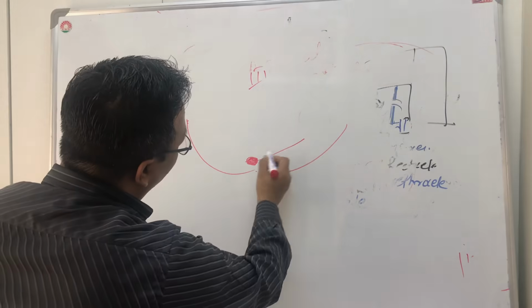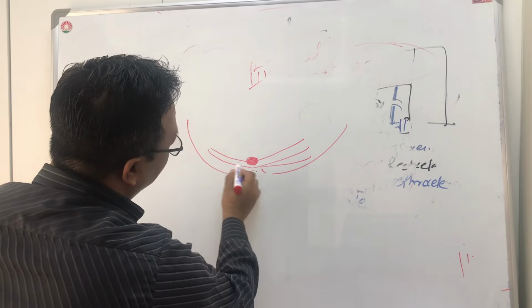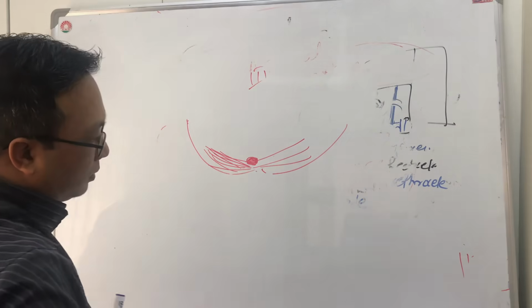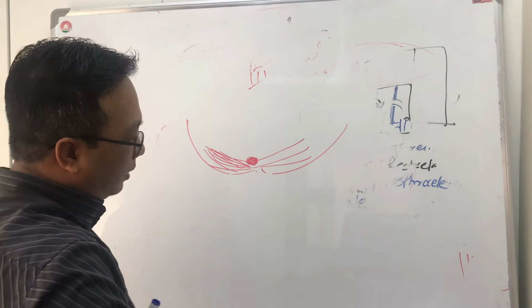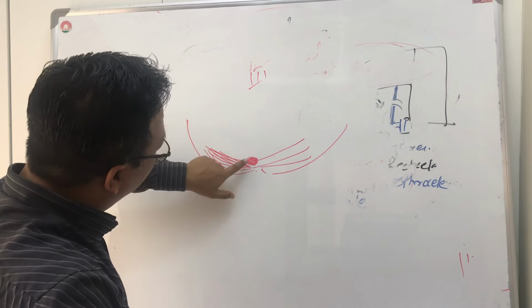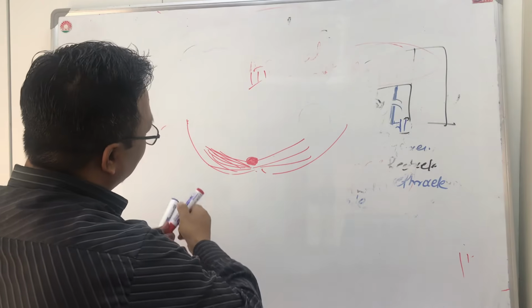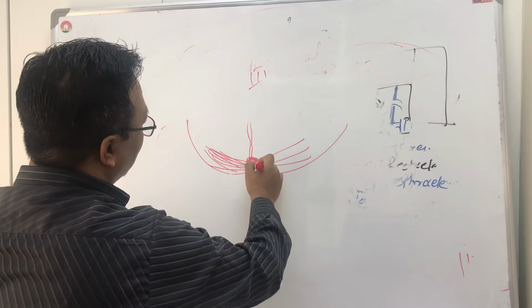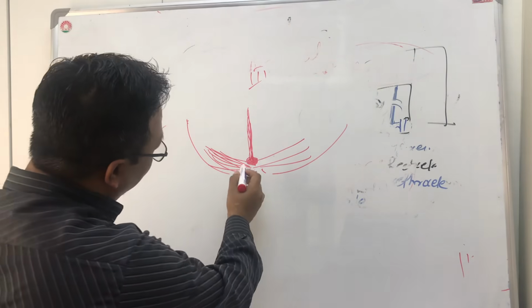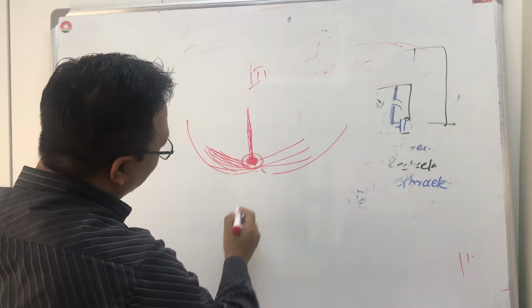In the perineal body, all the muscles of the perineum are joined. This perineal body gives support. So if this perineal body gets weakened,